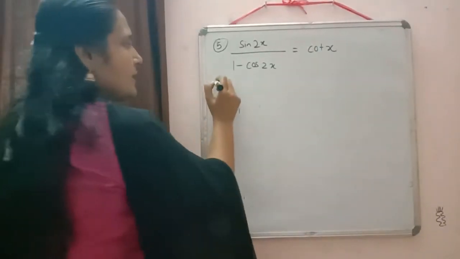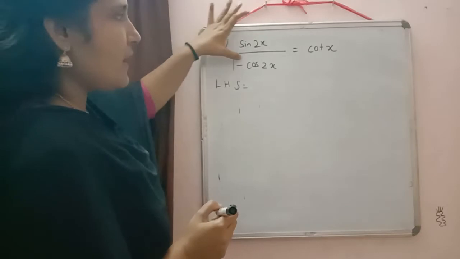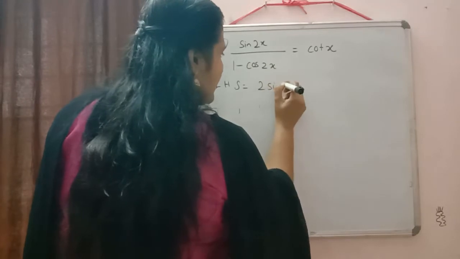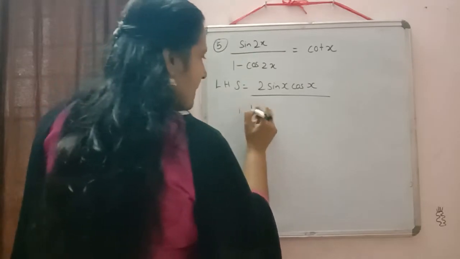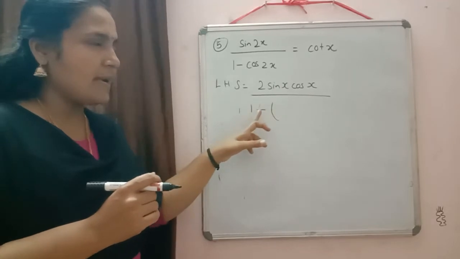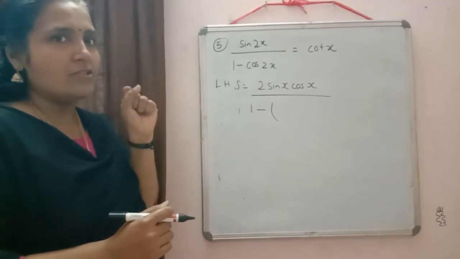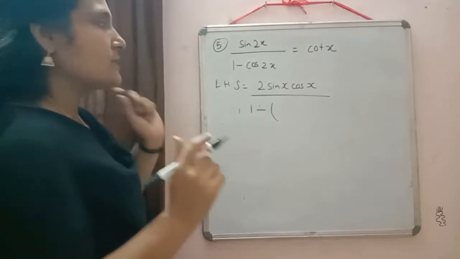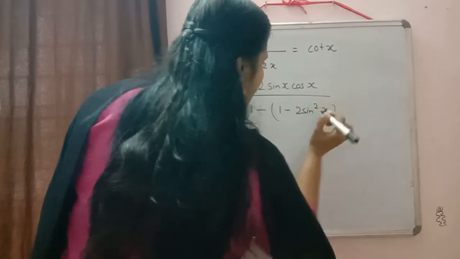Now here also you can check, same type only this question. We have to prove sin 2x by 1 minus cos 2x is equal to cot x. So for sin 2x we are writing the formula 2 sin x into cos x. Now here 1 minus is there. So inside the bracket, obviously when we open the bracket, minus sign will get multiplied there. So just check that formula of cos 2x in which plus 1 is coming. Which formula? 1 minus 2 sin square x. So 1 minus 2 sin square x we wrote there.